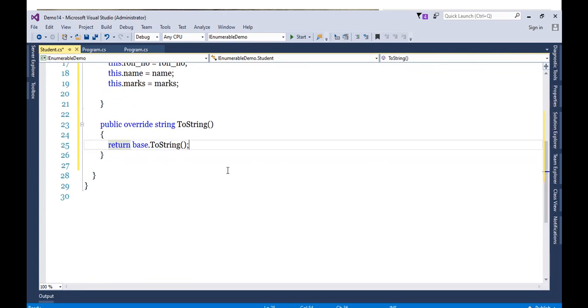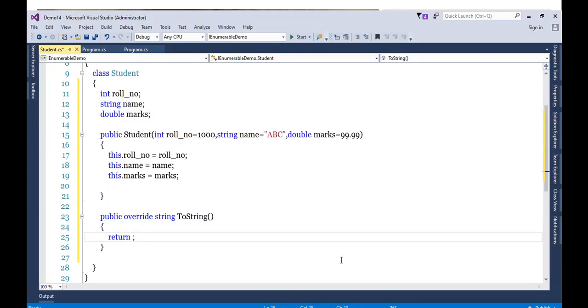Okay, so ToString, and through this I will represent a single object in string format. So let's specify roll number as roll. The next we got name.